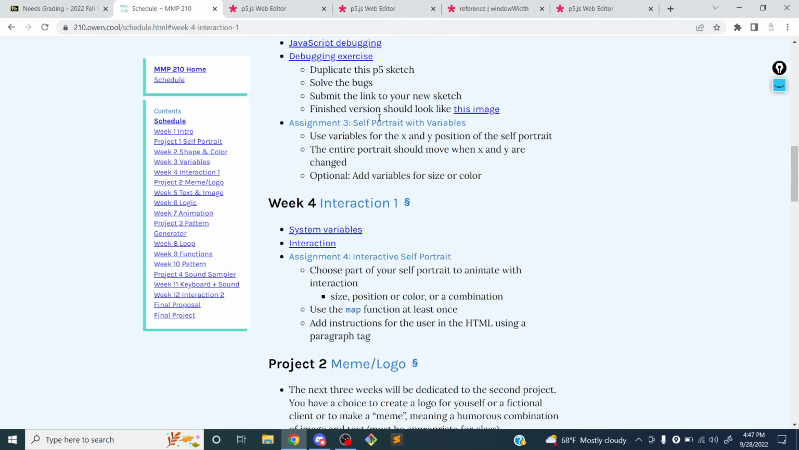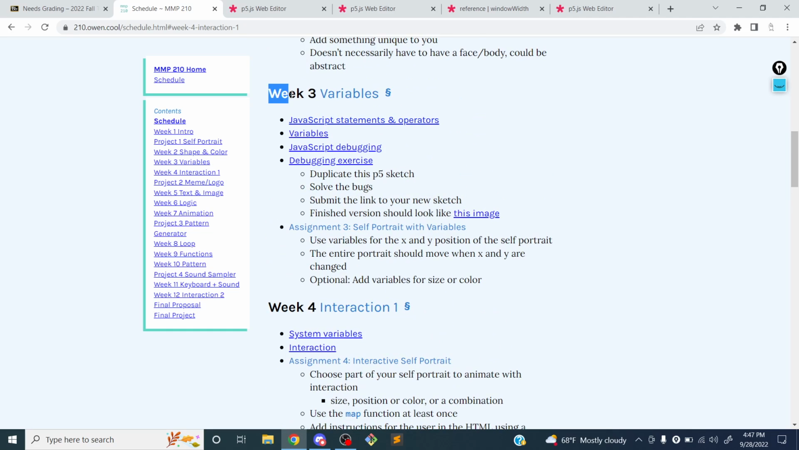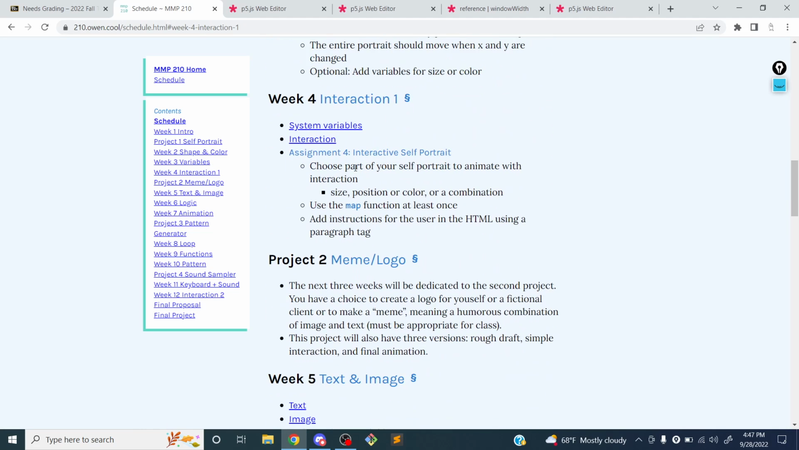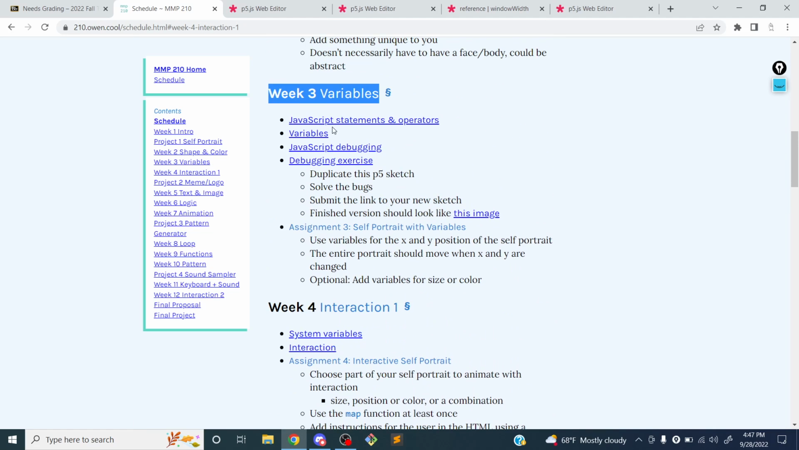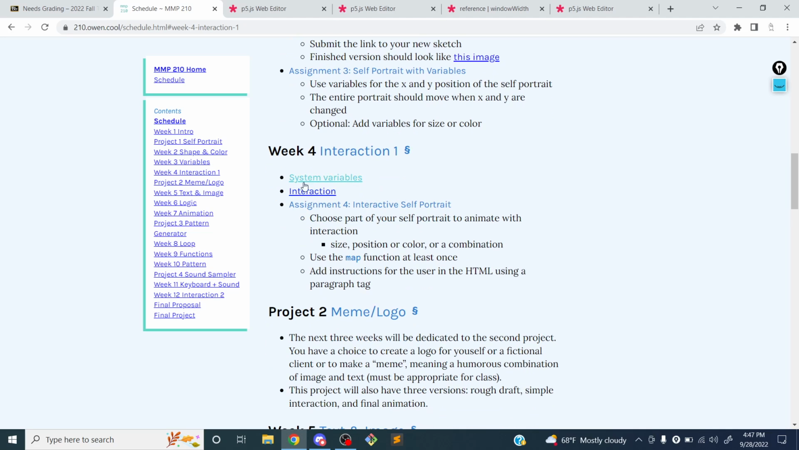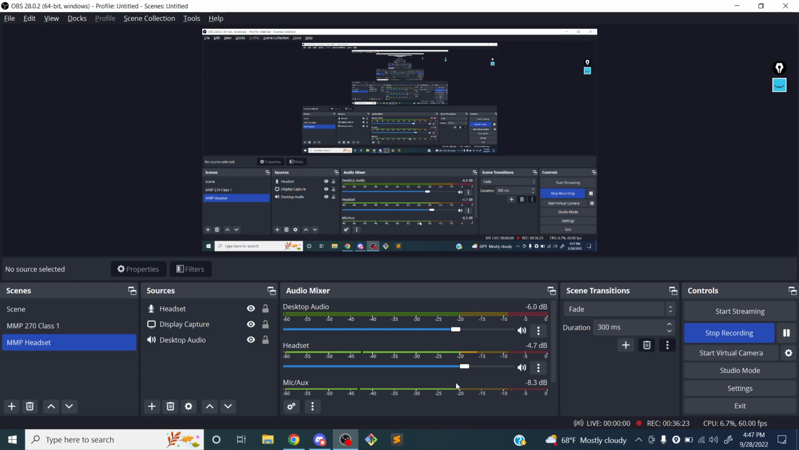If you're still working on the variables version of your self-portrait, you can also work on that as well. And if you're done with assignment 3, you can start thinking about adding the variables width and height and mouseX and mouseY into your self-portrait project. Okay, I'm going to stop